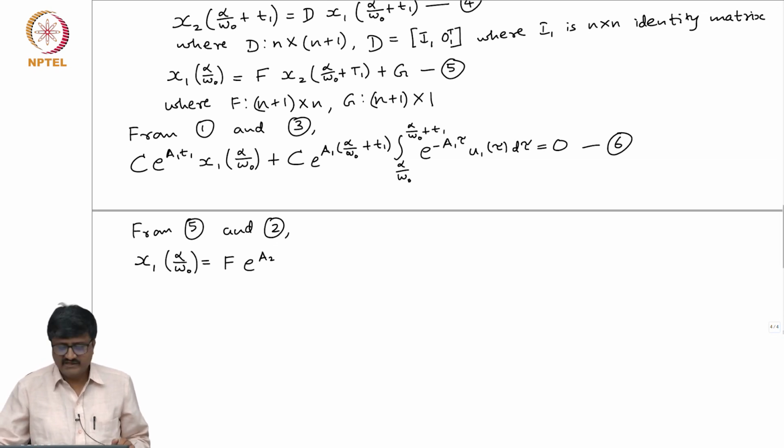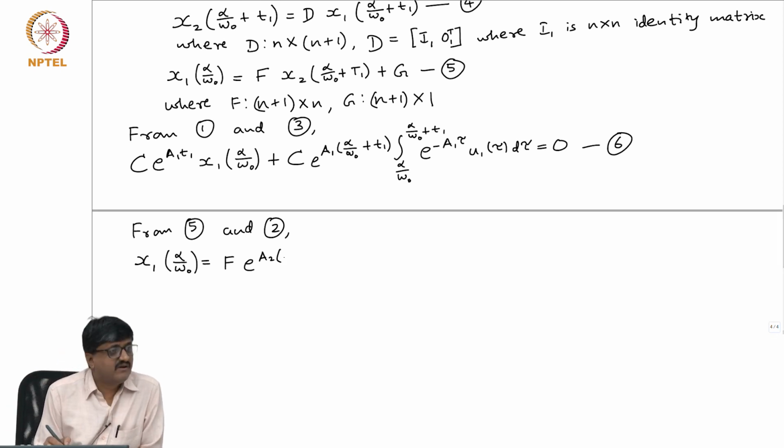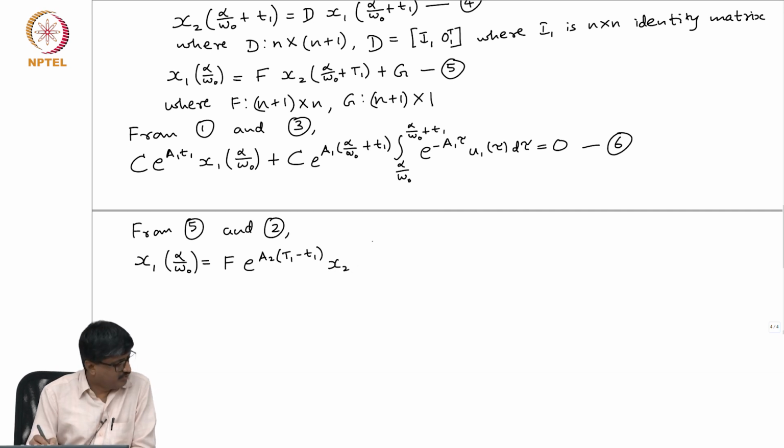So, if I do that, what do I get? Exponential A2 into what? Yeah, uppercase T1 minus lowercase t1. So, this multiplied with x2 at alpha by omega o plus t1